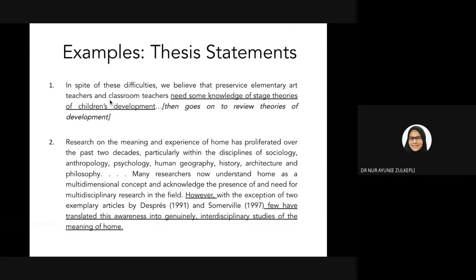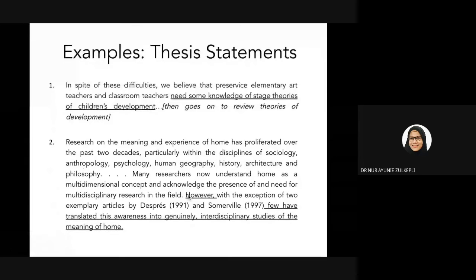And then after suggesting one topic or argument, you go on to review theories of children's development. Let's say you want to support this statement by referring to a previous study, or you can come up with your own opinion, for example, but make sure to have the topic sentence first. Okay. And also, for example, here, the second one, the author described the explanation for the topic, and then he came up with